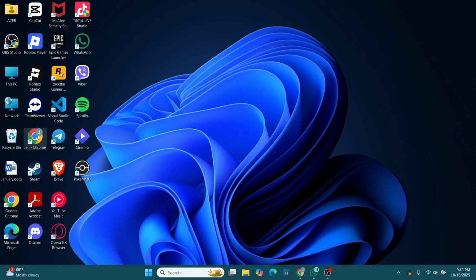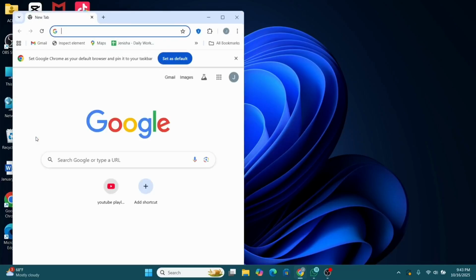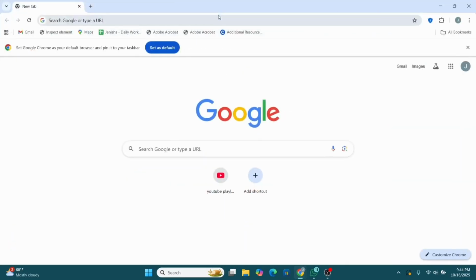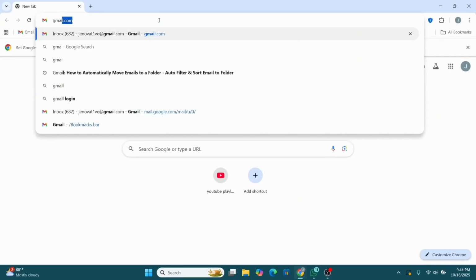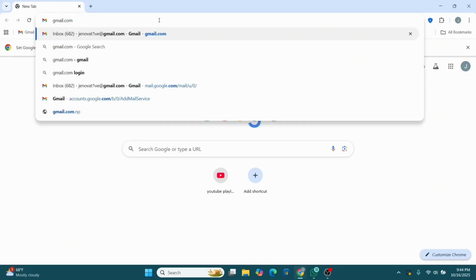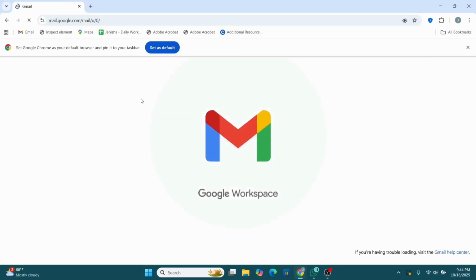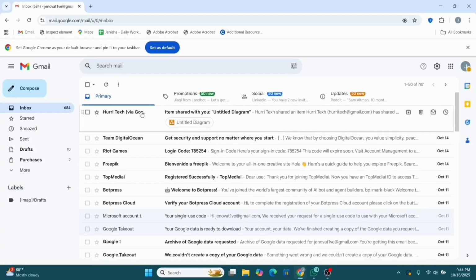Head over and open up a browser like Chrome or Edge. And once you do, you can go over to the Gmail sign up page. So here you can just go over to gmail.com. After that, hit enter. And once you hit enter, you will be opening up this page where you can start